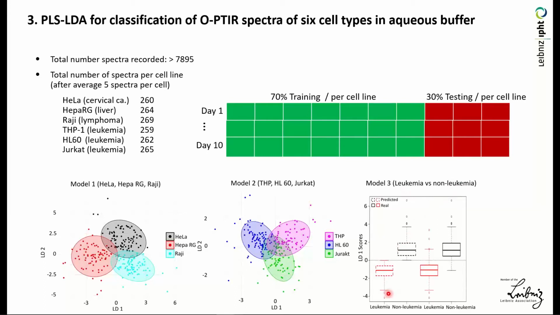So the training data are very well separated, but also the test data show only a small overlap in these whiskers, and the majority of cells are nicely discriminated. So it's possible to use O-PTIR and spectra to discriminate cell lines, and we are working on a better cell sample chamber to continue these experiments. Next topic is